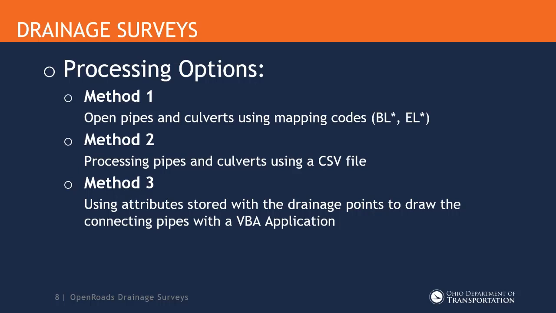So that would be the option where in the data collector itself, when you're storing a particular structure type, and I'll just use the generic code, maybe this catch basin square, you're going to enter the pipe information as an attribute using those P1, P2, P3, P4, and P5 attributes that we had supported in the past. So that process is also going to be available in Open Roads.